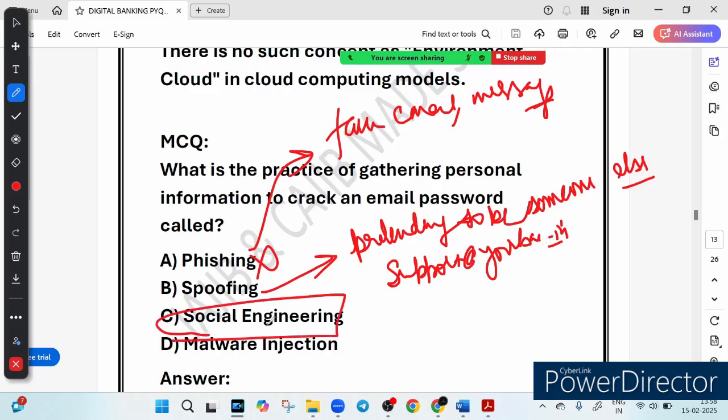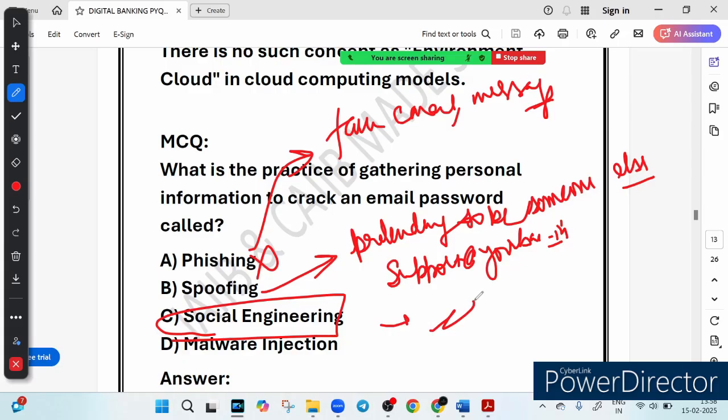Option C says social engineering. Yes, this is correct. Social engineering is a psychological trick used by hackers to manipulate people into giving away confidential information like passwords, OTP or security answers. Instead of using malware, cyber criminals exploit human emotions like trust, fear and urgency to gather personal data. For example, you get a call from someone pretending to be your bank officer: Hello sir, ma'am, we have noticed suspicious activity on your account. For verification, can you confirm your mother's maiden name? If you answer, the hacker now has a security question answer which they can use to reset your password and hack your email. That is why option C is the correct answer.